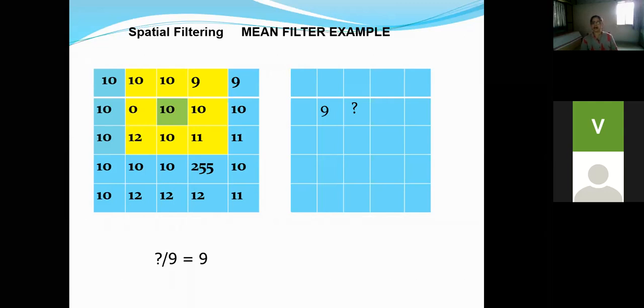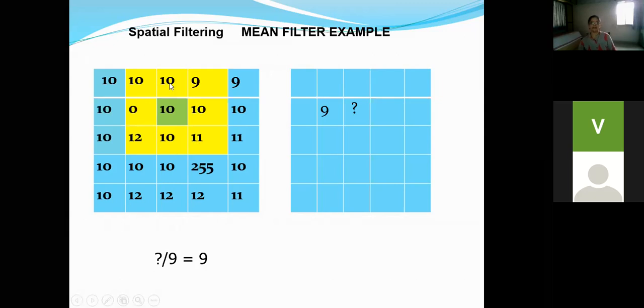Because this is an averaging filter, all the filter coefficients are identical to each other, and we need to determine simply the average of all the pixels. We need not multiply every number by 1 by 9 and then perform the addition. Instead of that, we can make it simple. So simply add these 9 numbers and give me your answer.